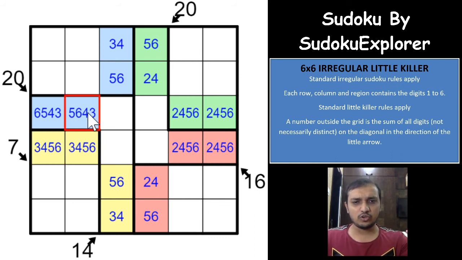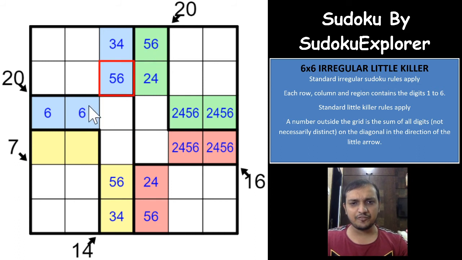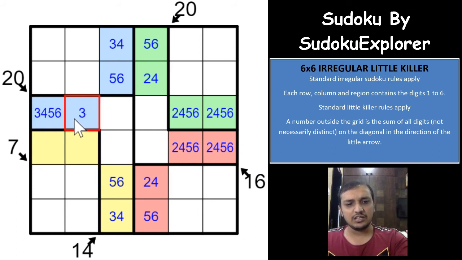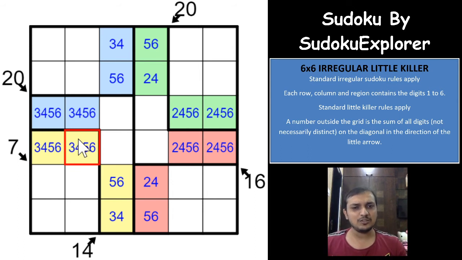So let me show you why I am saying that. Let us assume you have a 6 in one of these 2 cells. Then to make a 9 for this 20 or a 9 for this 20, 3 would have to be in one of these 2 cells, right? And of course 5 cannot be with the 6, because both of these cells cannot be 5, 6. So 5 also would have to be with the 3, and then with the 6 you will have a 4. So that means 3, 4, 5, 6 can only be fulfilled with 4 being with 6 and 3 being with 5. So one of the yellow cells will have 3, 5, or one of the blue cells will have 3, 5, and the other, vice versa, will have 4 and 6, right?